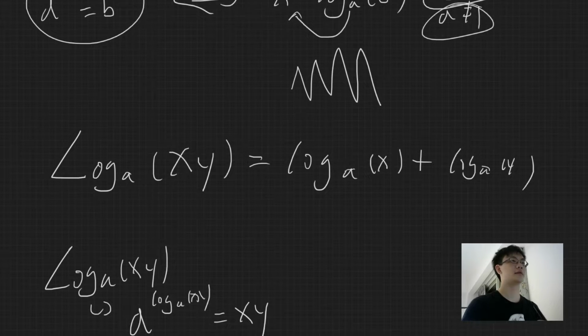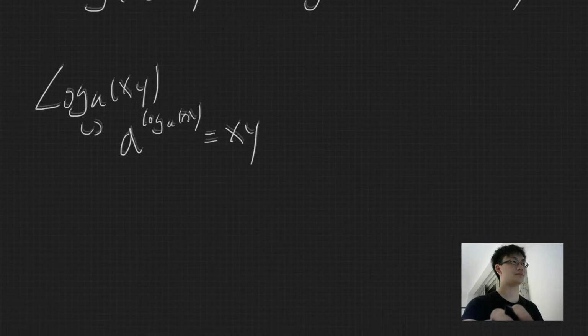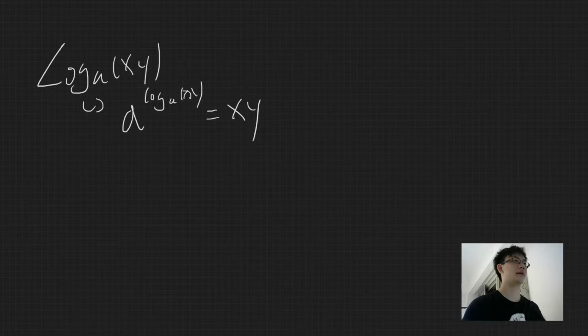If you look at here, log a xy, so a to the power of log a xy should equal xy. And what if we do the same thing to the other side? What do you have? A to the power of log ax